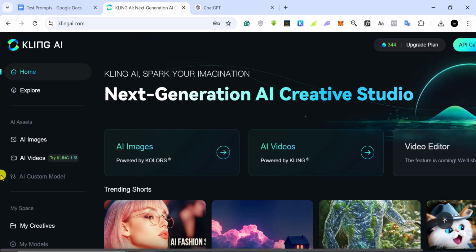So first you need to register on kLING.ai. I'm going to put a link in the description, and registration is straightforward. You just put an email address, put a password, and then you can log in. So if you log in, you are going to see an interface like this one, and we want to work